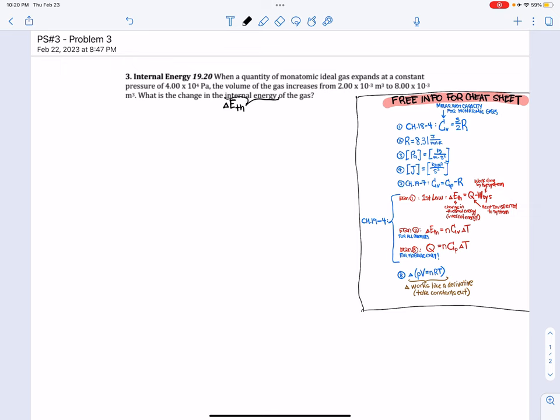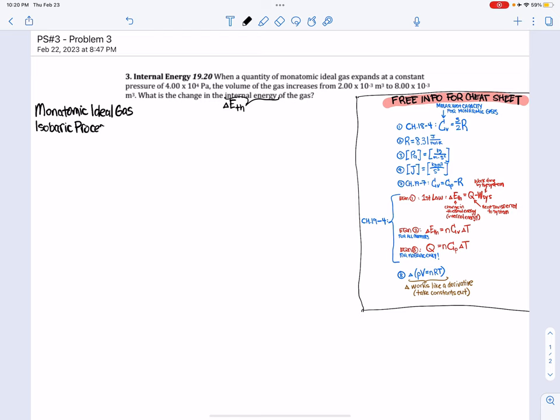All right. So let's write down our givens for this problem. What do we know? We know that we're dealing with a monatomic ideal gas. We know that the gas expands at a constant pressure. So that means it's an isobaric process,